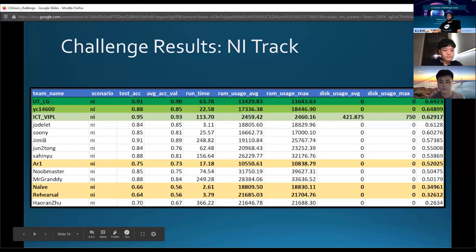Okay, so these are the results for the NI tracks. Of course, you will be able to check the results later on. We don't have the time to look at all these numbers. I will try to summarize them at the end, but essentially you will be able to look at them on our website. So here you can see the 11 teams, but also in orange, 3 baselines that I added to really understand the quality of these solutions.